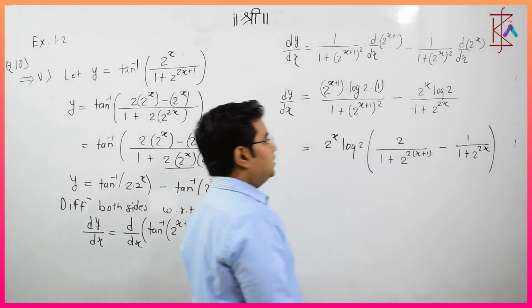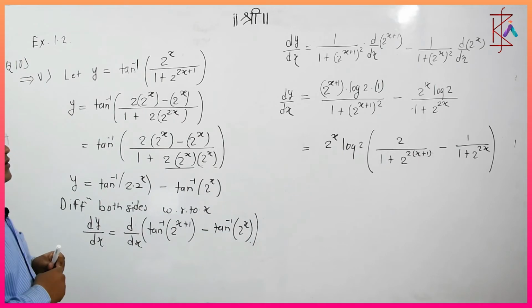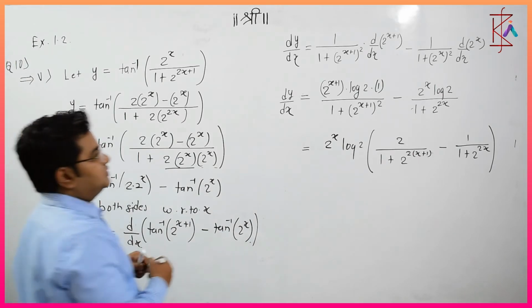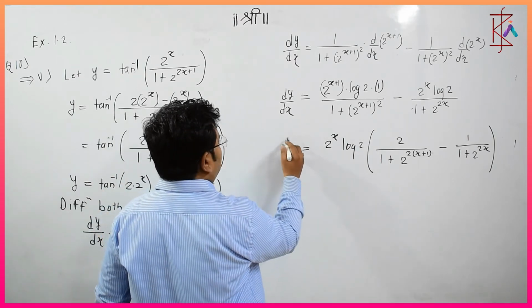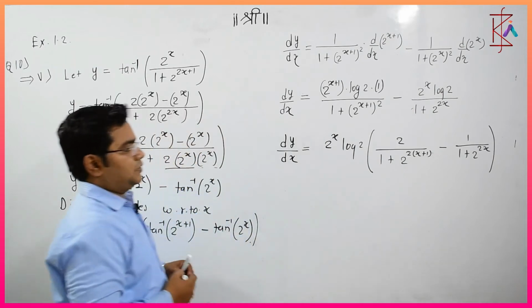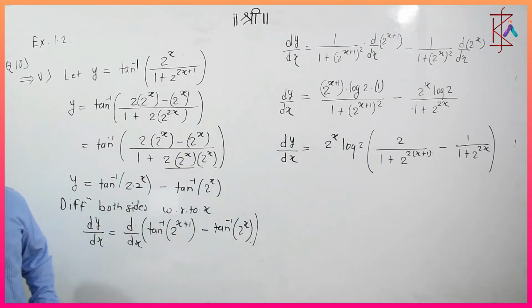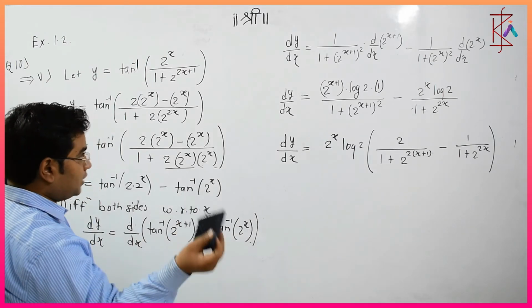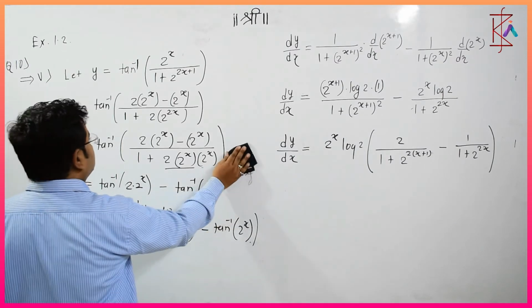Very good. Understood. So this is how we can differentiate our quantity. So this is the final answer of this question, question number 5 of question number 10. So we are done with this problem. Now let's move to the next question. The question is again similar, but we need to look at it in different terms. So the question is saying something like this, cot inverse of, okay, so this is cot inverse. So again I need to apply that initial formula within this question.